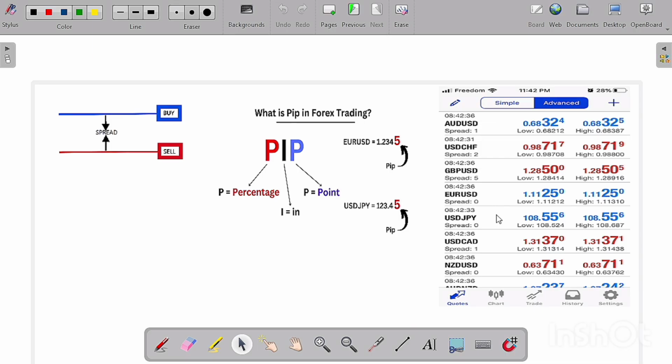So we have learned about currency reading. Now we are going to pip value. We had to learn how to read these currencies, and now with pip value, we will combine lots and pips so that we can see the pip value of different currencies. When we combine that with lots, you will see the magic that happens in this industry of CFD trading, and you will see why people